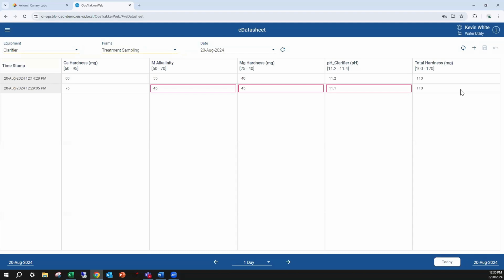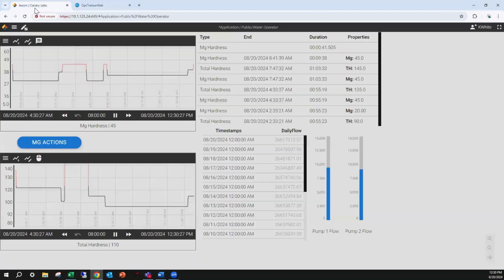The problem is we don't have that anymore. We don't have that reinforced as much. So if we don't have that reinforced within the way we're training, and we don't have that with the new group of operators coming in, we need to be able to digitize that for everybody's sake and for everybody's safety on this point. So now the operators enter this information in, they come back to their main screen and they